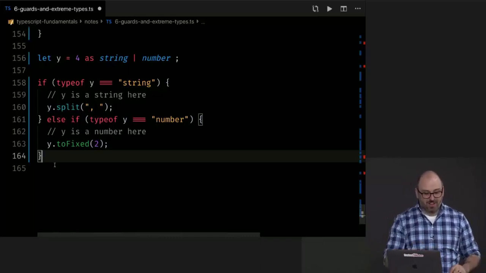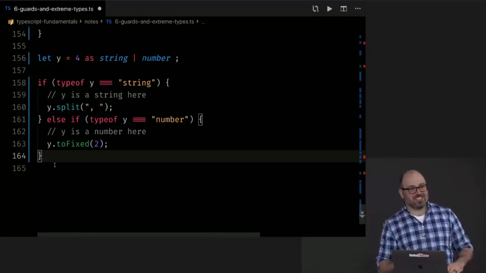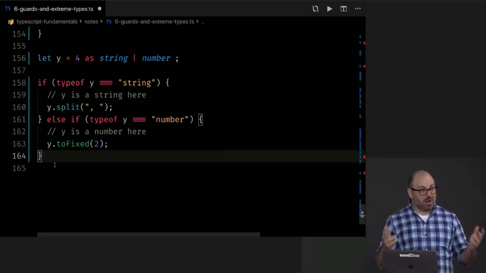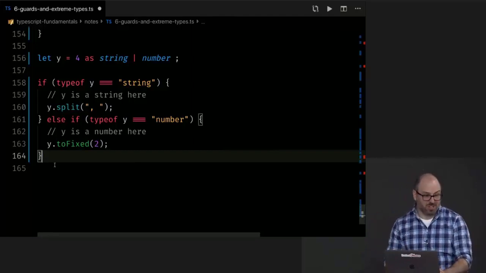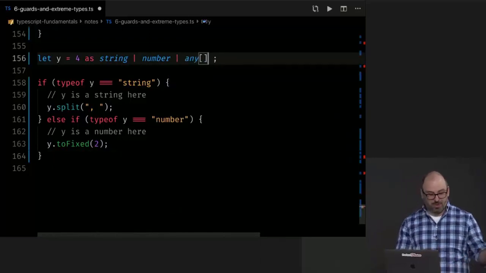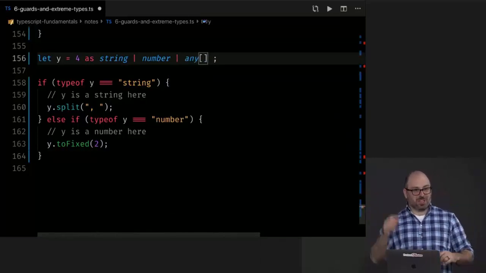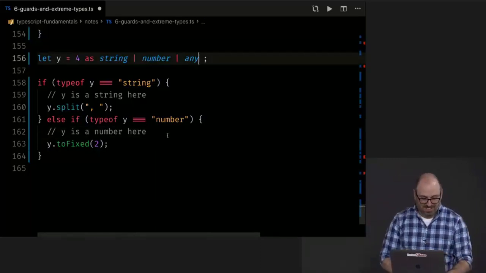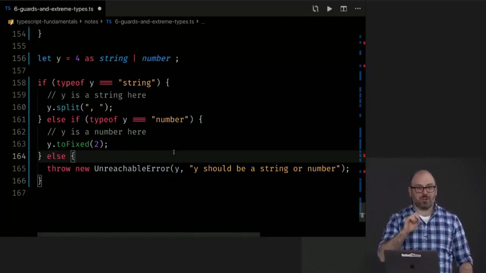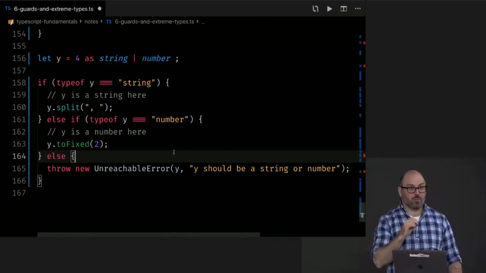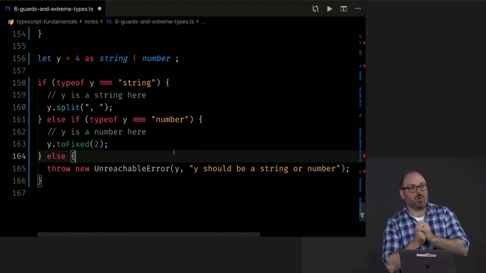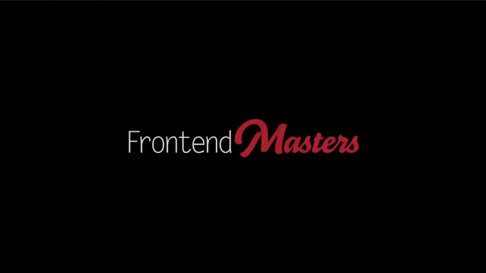I would call this almost as great a JavaScript sin as an empty catch clause in a try catch. You're swallowing a type error, potentially. Because here, it doesn't matter. I could add whatever I want. No clues anywhere. This is going to fall straight through. So it's nice to have an exhaustive switch. And this is for languages that feature a high amount of safety, like Rust. They have exhaustive switches and exhaustive conditionals built right into the programming language. So it's really nice to have this feature in a JavaScript